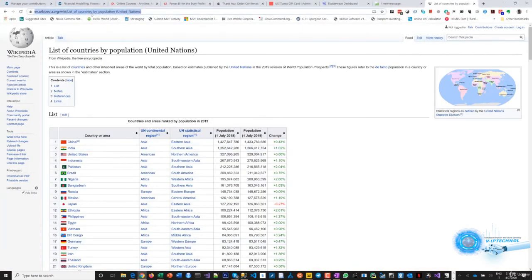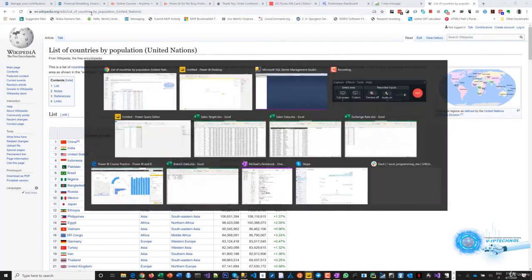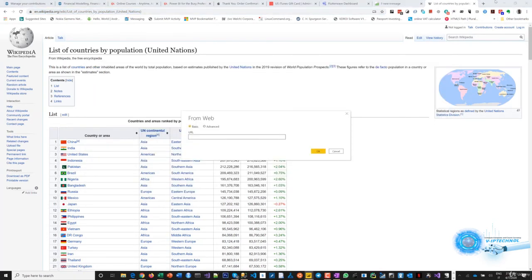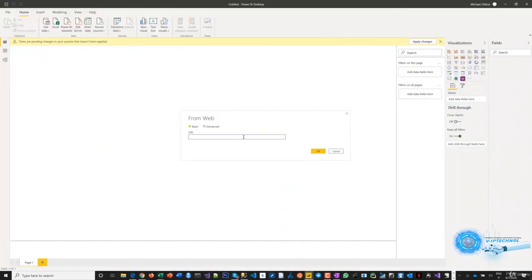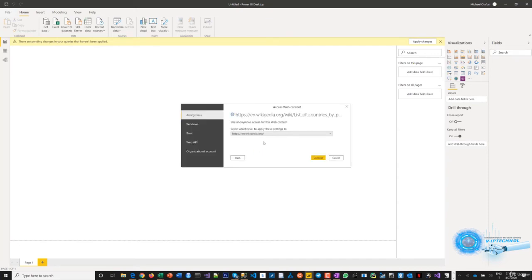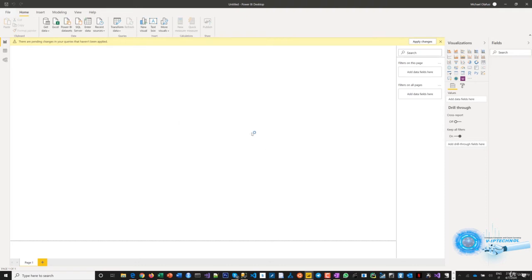Okay, I can use this. This is a Wikipedia page on the world population by country. So maybe I need that and I don't want to go to that website and be grabbing it every time it changes. I want to be able to grab that information directly into Power BI and use it. So I pick it, I paste the web URL, I say connect, and I hope you are noticing